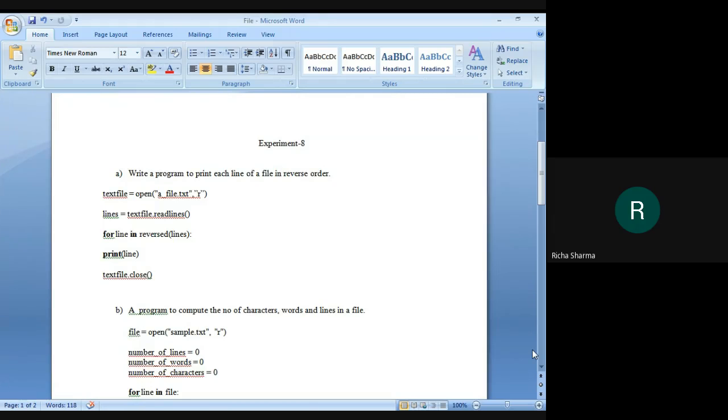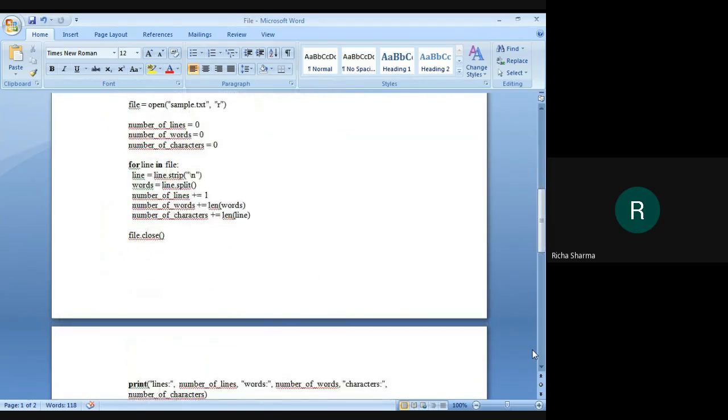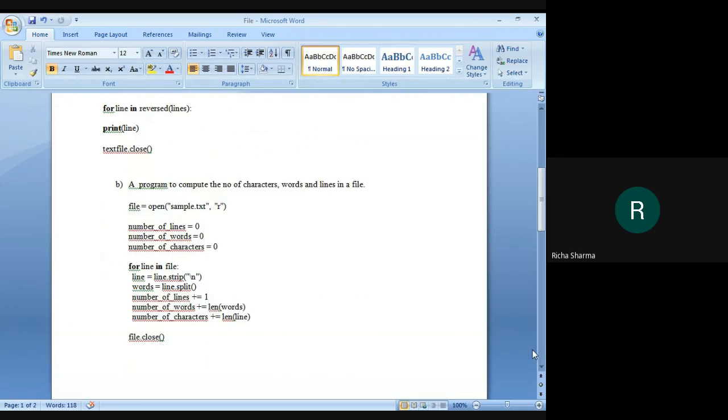Now in the B part, what we have to do is create a program to compute the number of characters, words, and lines in a file. So here is the code of this program. In this case also, we need to open the file first.